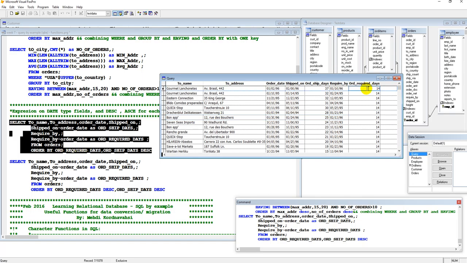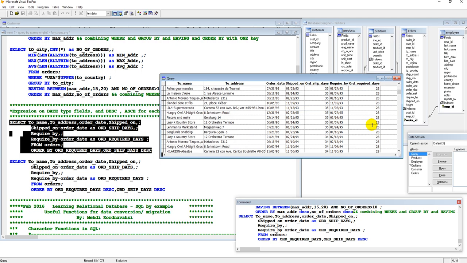So 15 days, meaning 2 weeks required by, are first, and then 4 weeks, 28 days, are the next records, and the repeated items